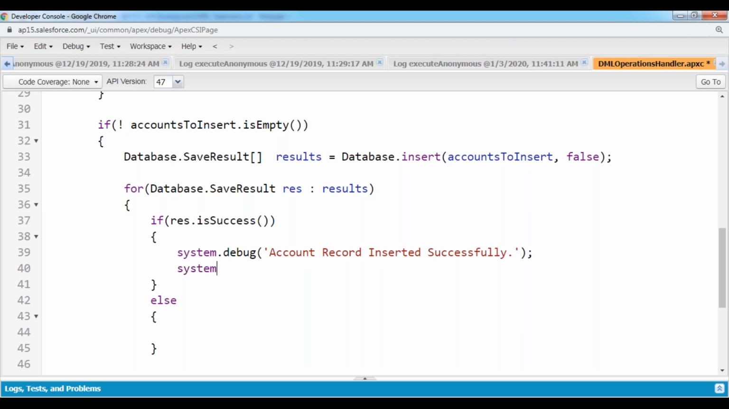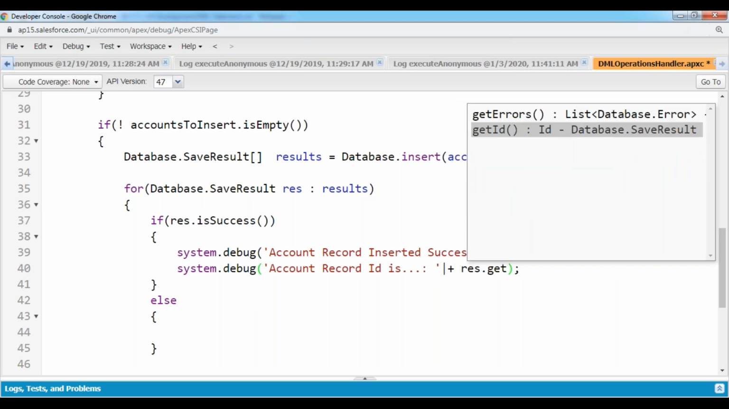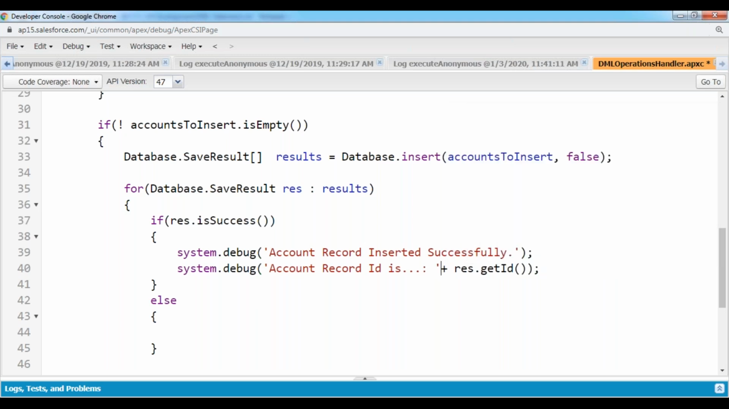Now, what is the guarantee that your record is inserted successfully? Get the ID here. System.debug now, account record ID is, I want to use it. RES dot getId. Okay, getId. Else, if the record is not success, if the record has failed, then that means here in the else part,